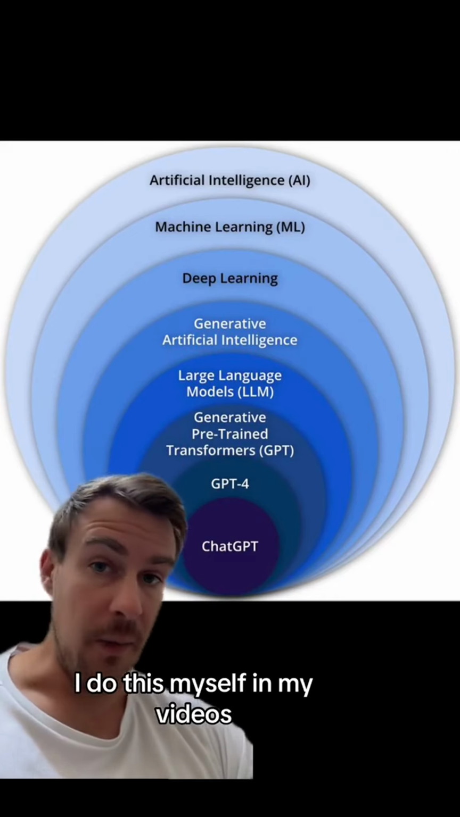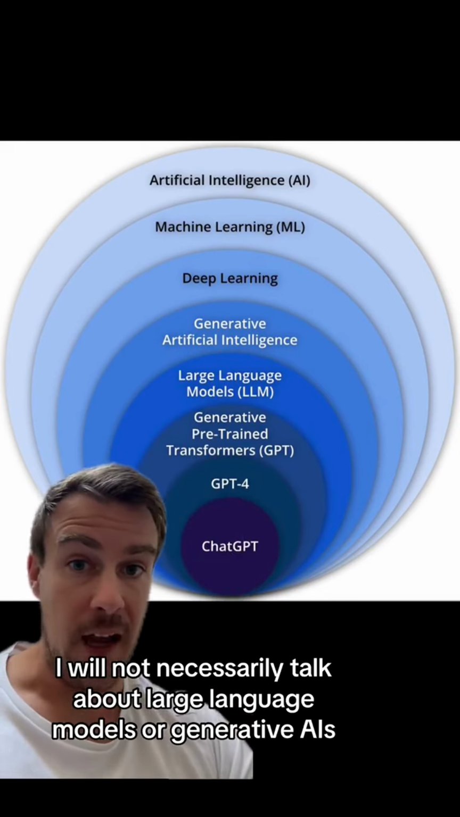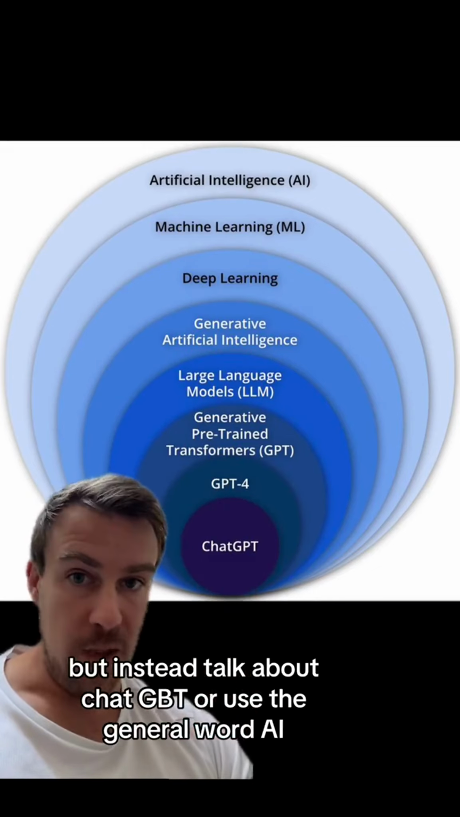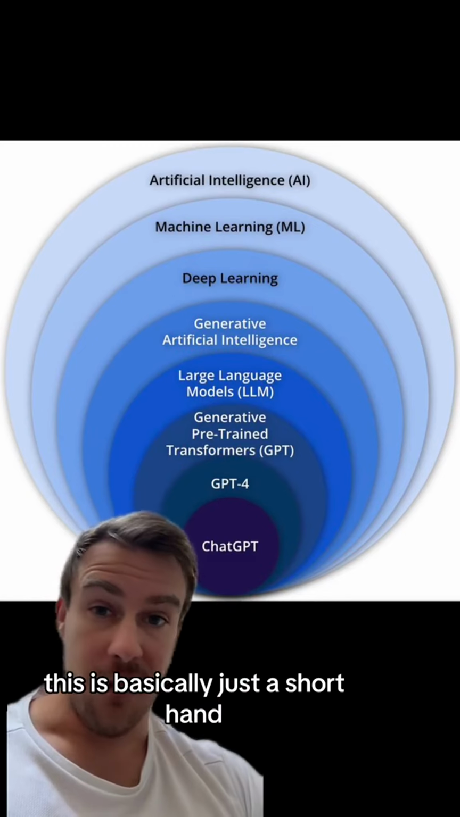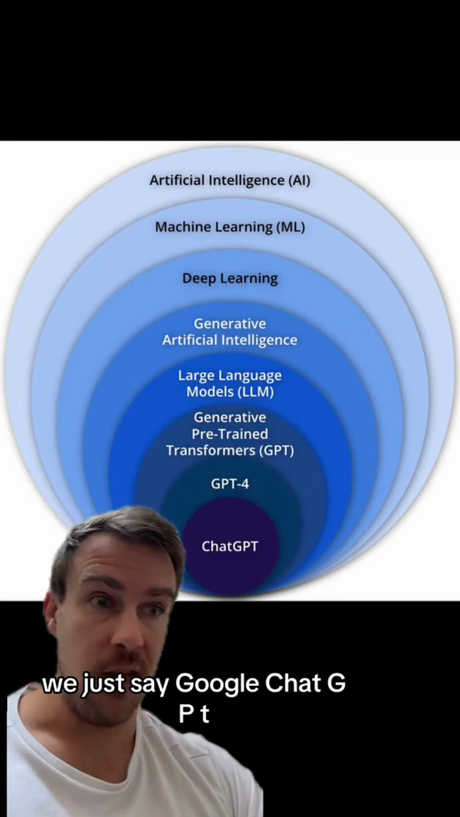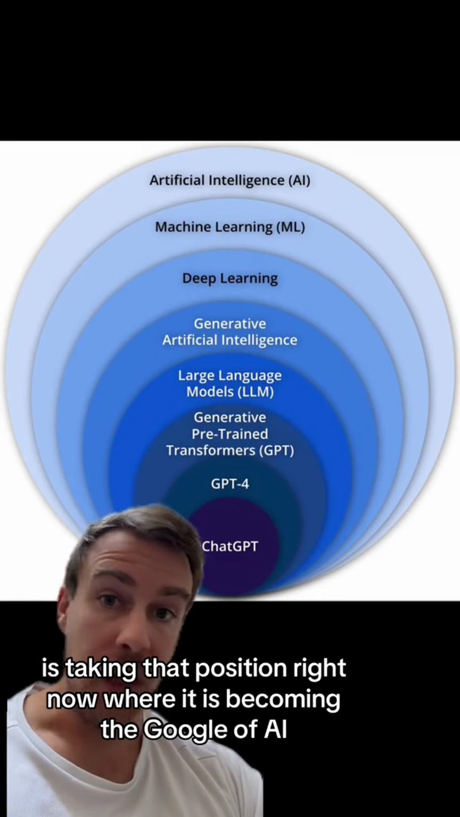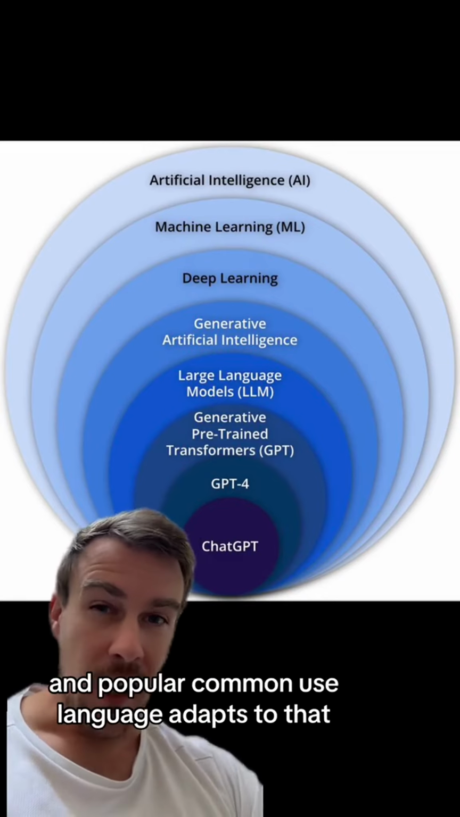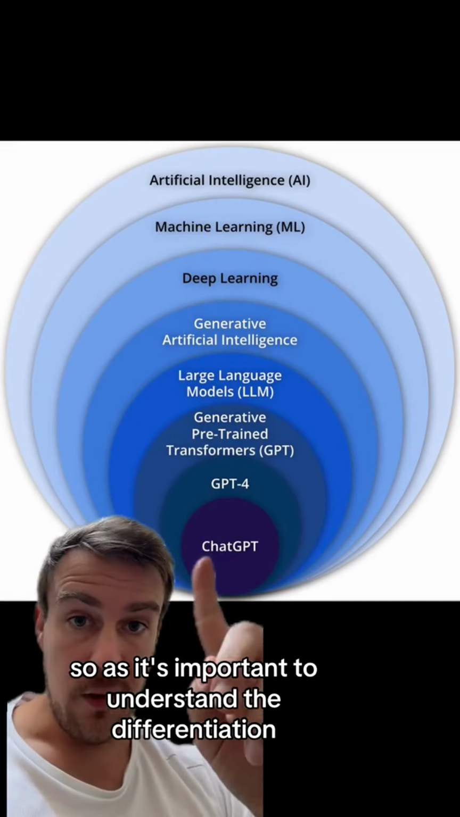I do this myself in my videos. I will not necessarily talk about large language models or generative AIs, but instead talk about ChatGPT or use the general word AI. This is basically just a shorthand. Kind of in the same way that instead of saying search engine, we just say Google. ChatGPT is taking that position right now where it is becoming the Google of AI, and popular common use language adapts to that. So whilst it's important to understand the differentiation,